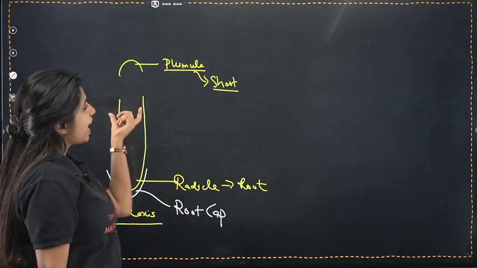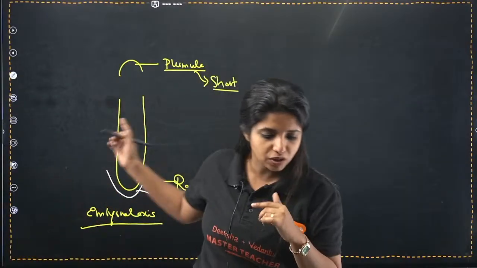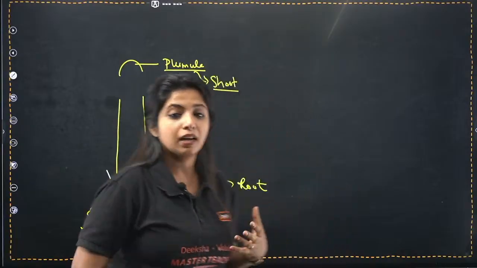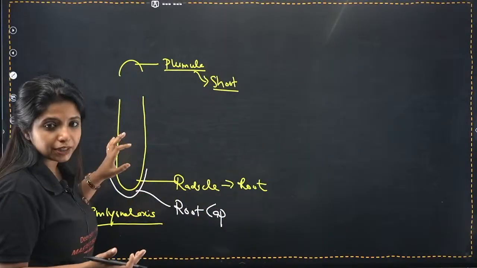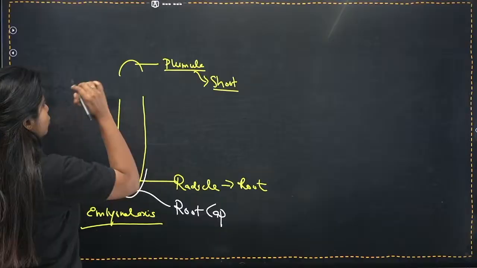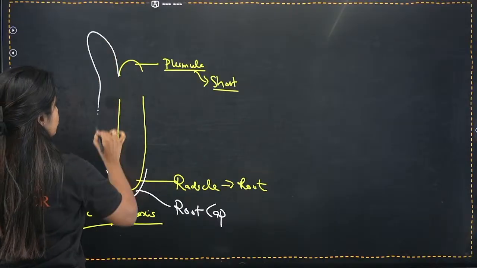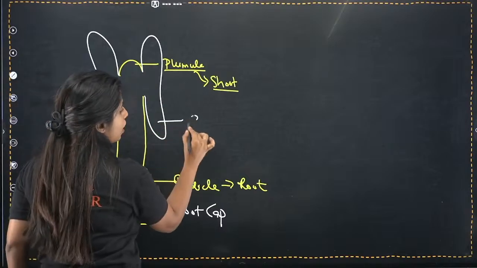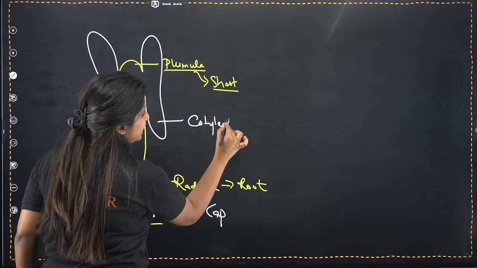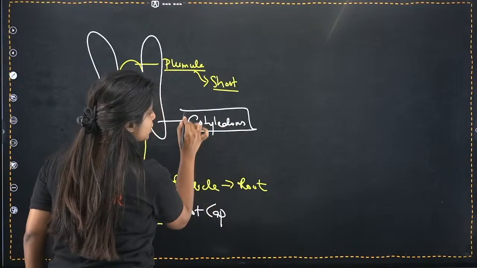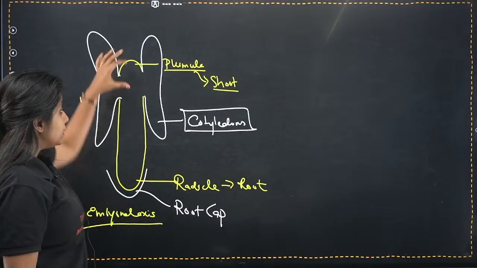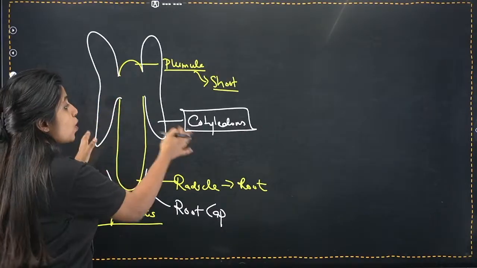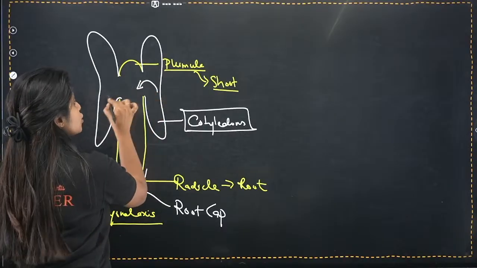Now, ma'am, why have you kept some spaces here? There's no need for having a space over here, right? There should be a reason for it, and the reason goes like this. Listen to me. Over here at these two positions that you see, you have two things which are known as what? Cotyledons. Here this plant is being made from the major portion over here. These two cotyledons are going to provide nourishment. Why?